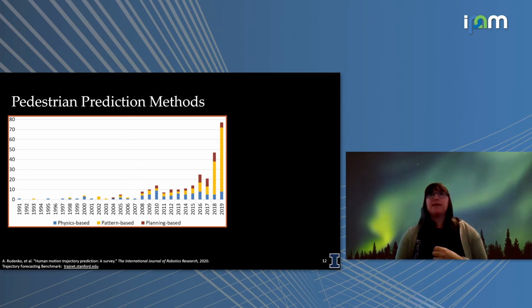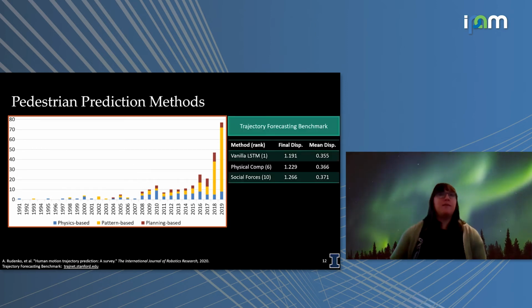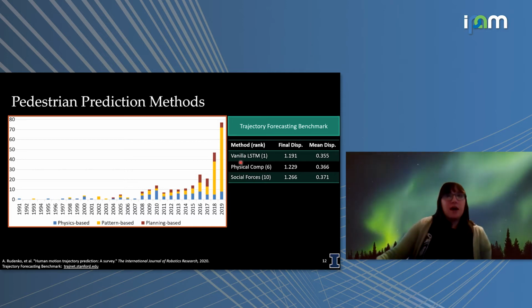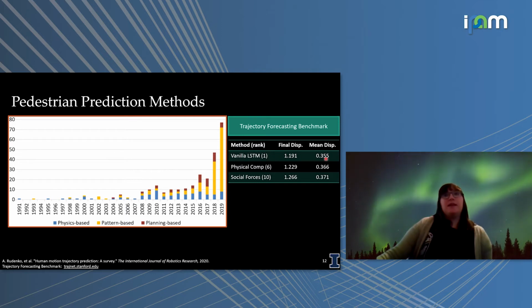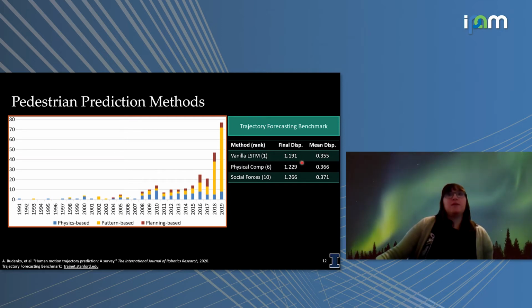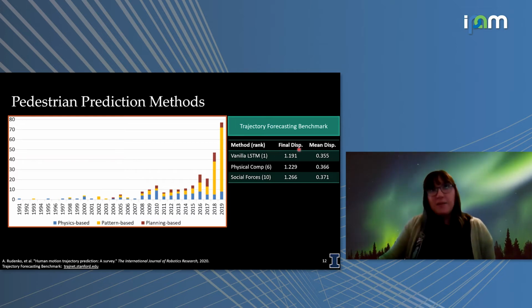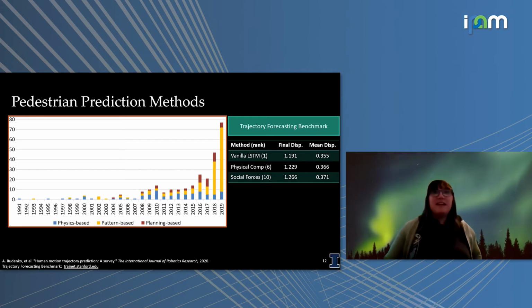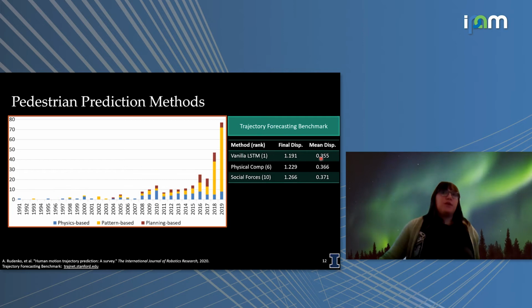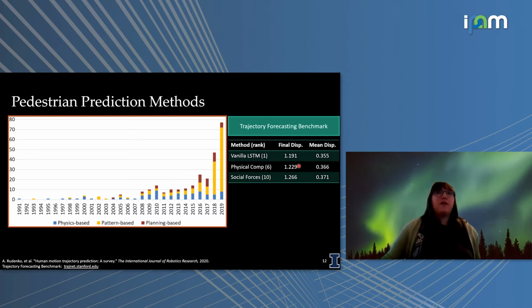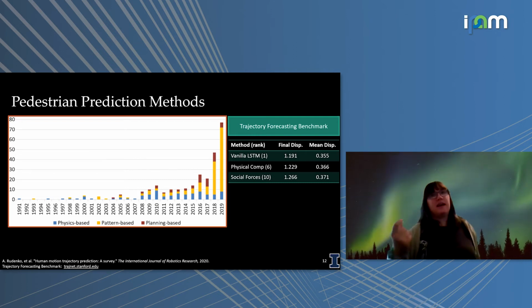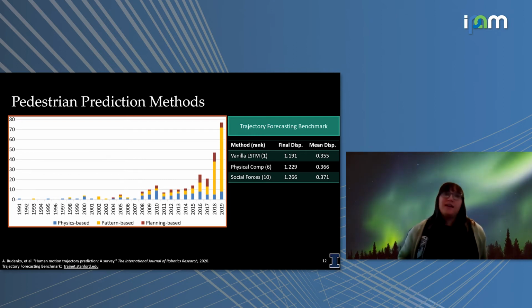And as maybe a quick aside, there are a few benchmarks that try to compare the different approaches. And the top method is one of these learning-based approaches. And we can see these are the final errors that they're getting. So this is displacement errors, and this should be in meters. And I think one important thing to note, again, this is more of an aside than anything else, but we see these learning-based approaches are getting the best accuracy, but the physics-based approaches are not very far behind. So even though I think these communities often seem at odds, the net gains and the differences are often fairly small.